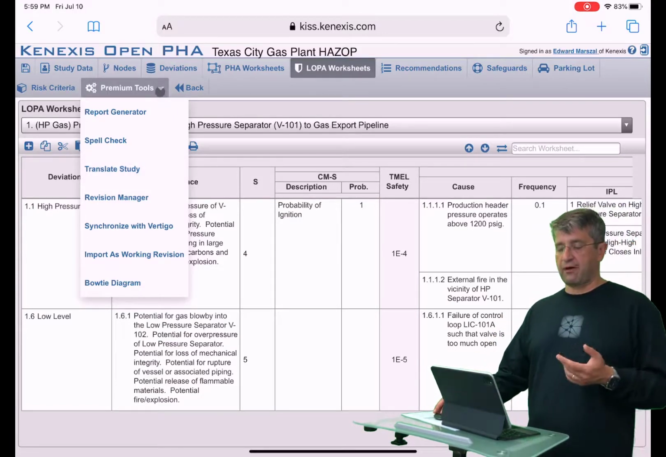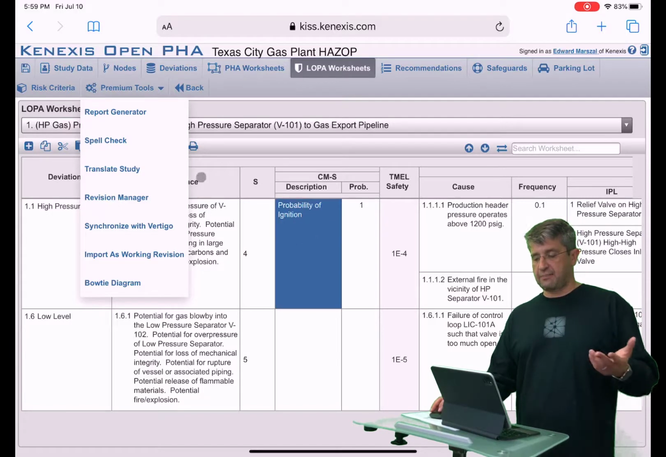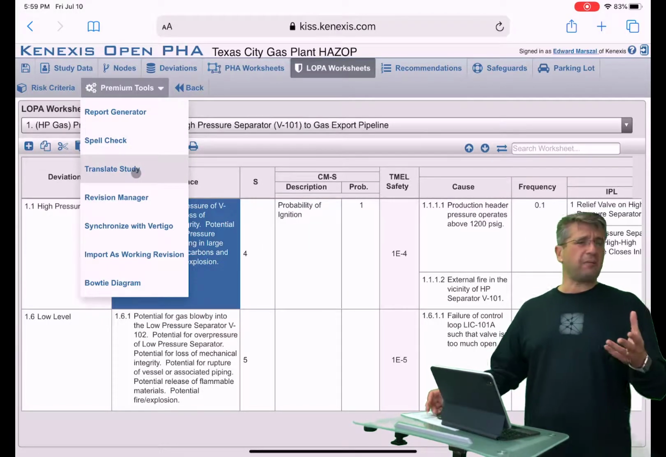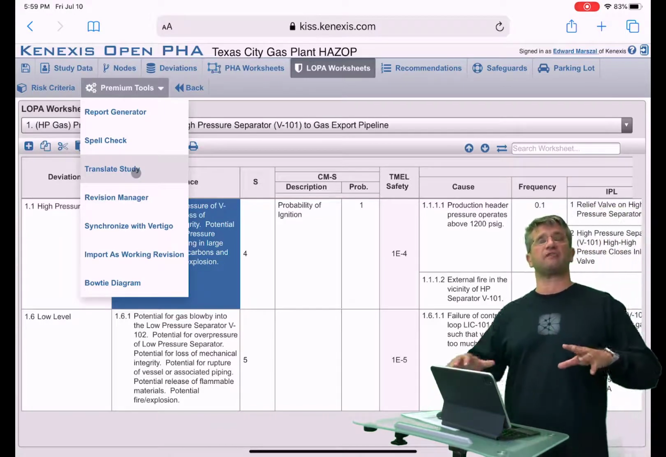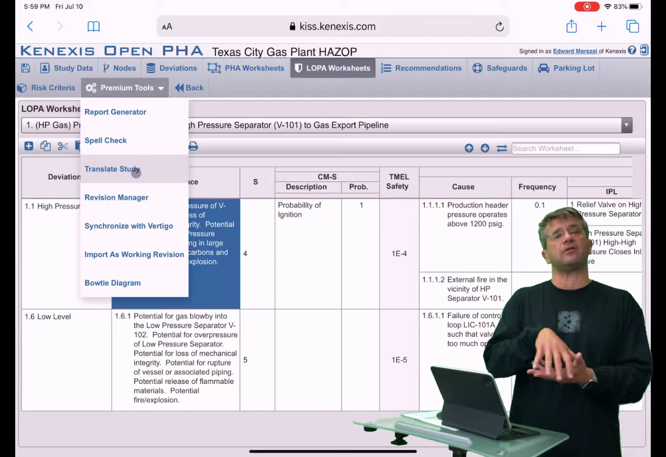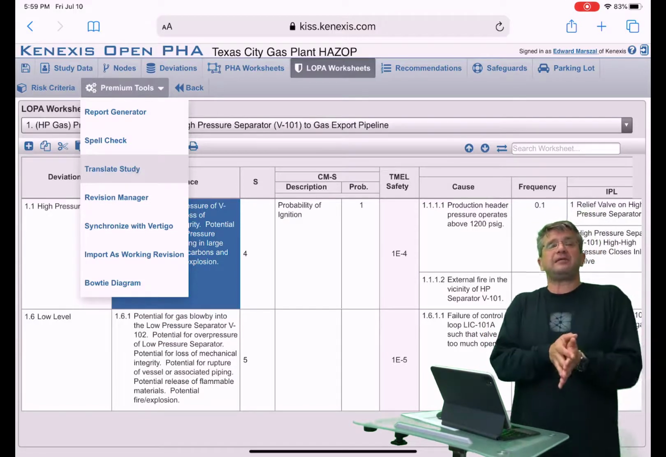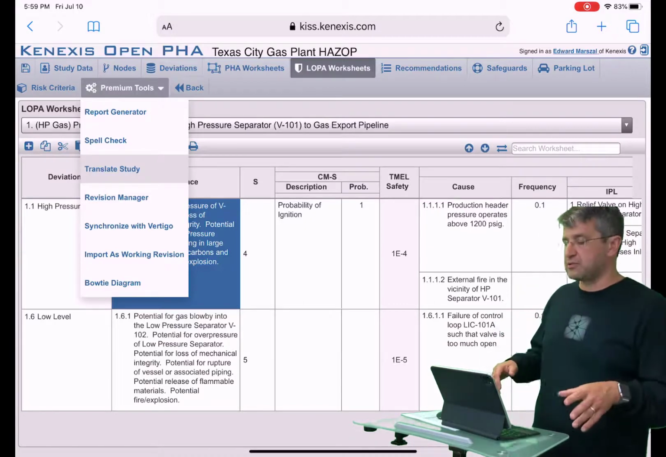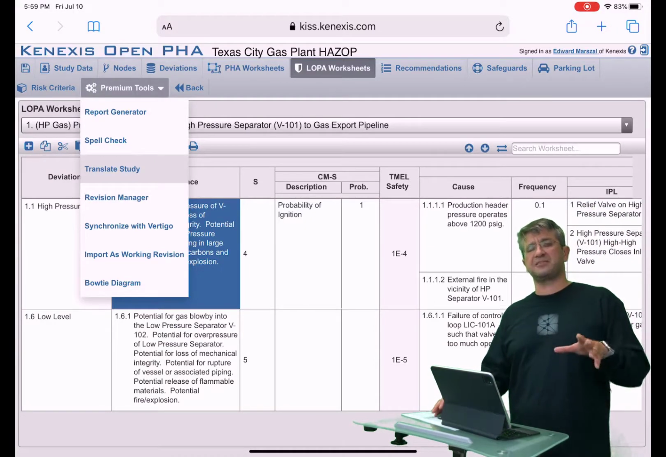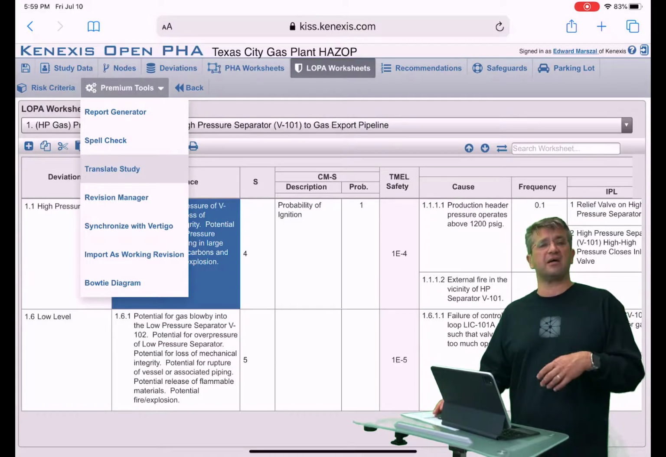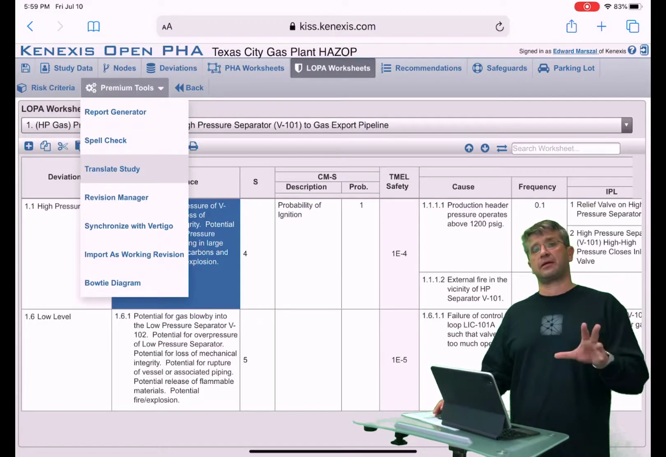So how this happens is, let's say I'm in this study and I want to translate it, and this could happen for a number of reasons. I know that there are a lot of global organizations where the PHAs are required to be done in the local language, but they need to be reviewed by someone at headquarters that possibly speaks a different language. So this mechanism is going to give you a really decent translation of the content completely automatically and completely inside